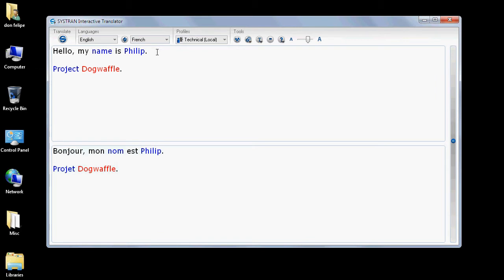Well, it will probably see it doesn't know what that is. That's a weird word. Well, first of all, that's okay. That's kind of expected. But beyond that, what if you have a sentence that uses that? If we say something like, we used Project Dog Waffle, let's use it capitalized, Project Dog Waffle,